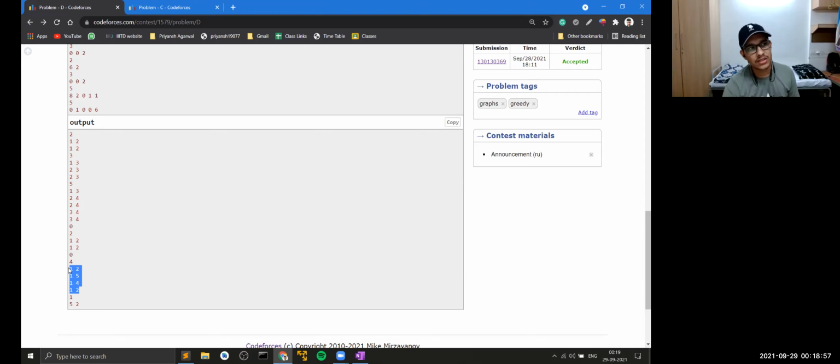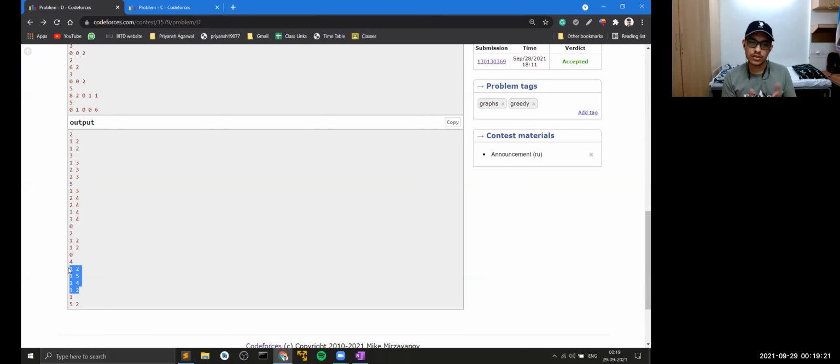Apart from that, this is a very strong and common observation that you should make while you're giving a contest. For all the questions that require you to print all the possible ways, or all the possible combinations, the first thing that should come to your mind is that the number of possible ways or combinations would be very less. Why?